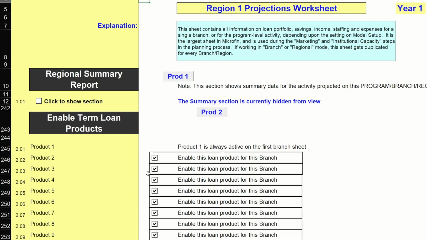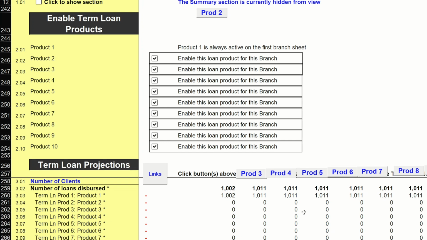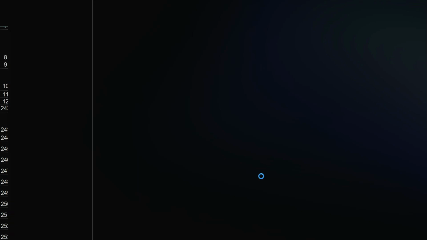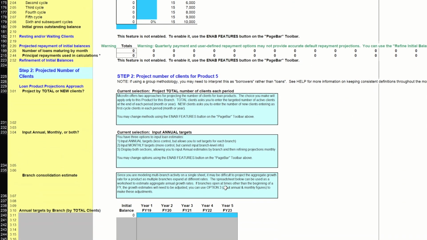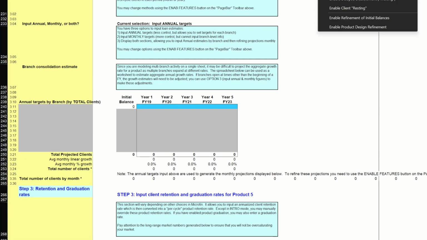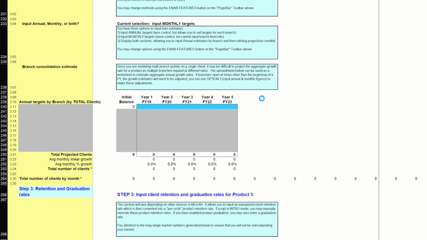and then we'll go back and we'll do another product. We're going to highlight product 5, and that'll generate its product activity sheet. And on that product activity sheet, we'll change one of the options. So you go to the top menu. You can't really see it here, and you want to enable monthly